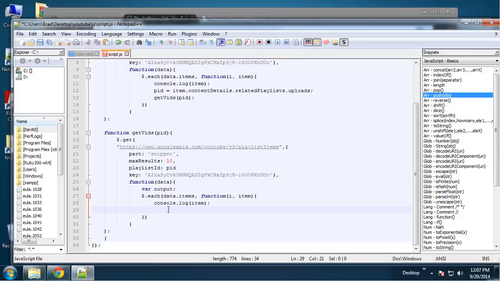Alright, so let's get the video title. I'm going to create a variable called video title and set that to item.snippet.title. Alright, and we can access any of those snippet variables just like this. Alright, now let's just use the title for a second and see if we can output that onto our page. Alright, so while we're still in this each loop,